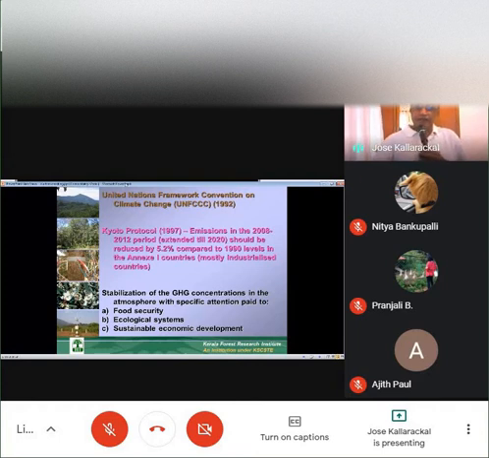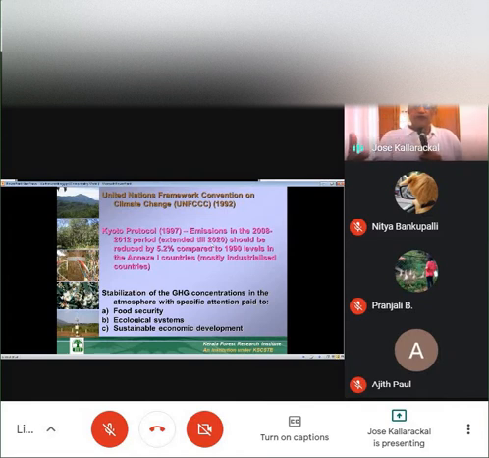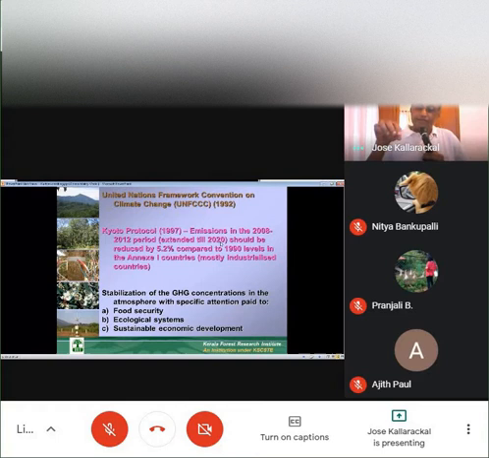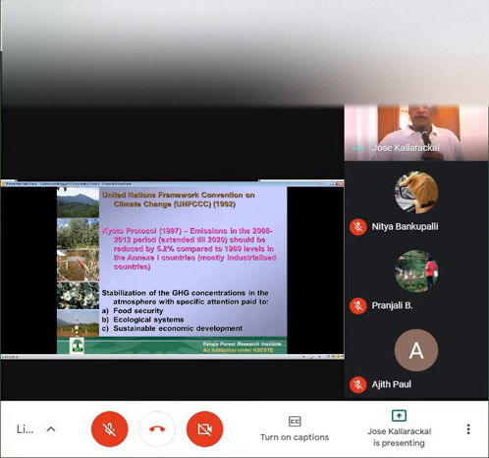What exactly is Kyoto Protocol? Say, for example, UN asked all the countries to assemble in Kyoto and put before them this problem of emission of carbon dioxide and the resultant climate change. So they were asked that they should reduce their emissions in this particular period, that is from 2008 to 2012 and now extended till 2020 December. So they have to reduce their emissions by 5.2% compared to